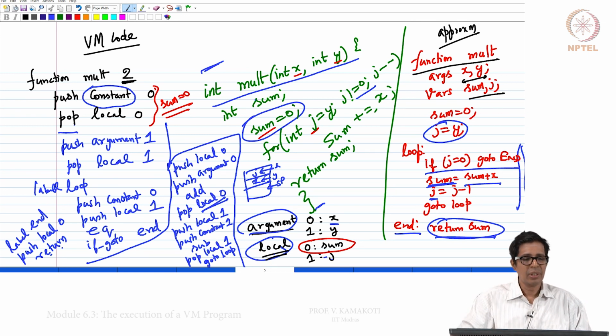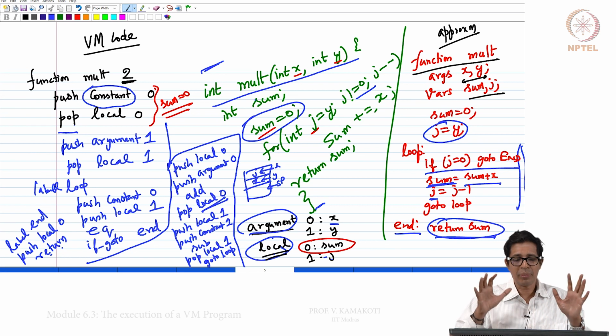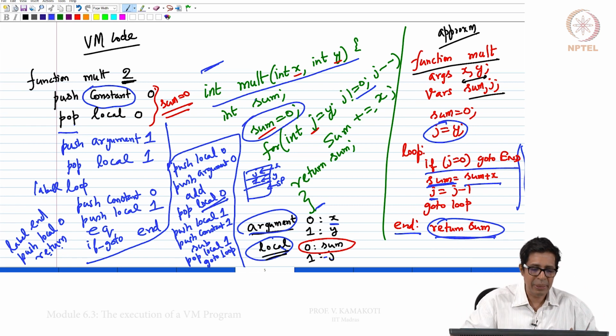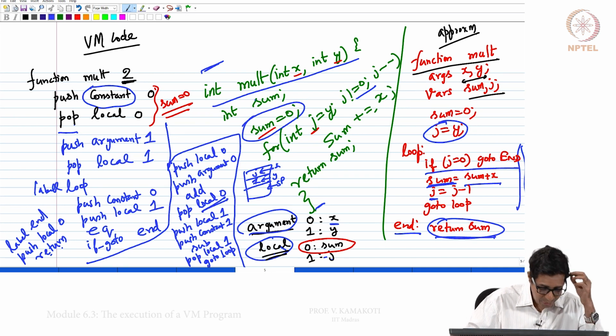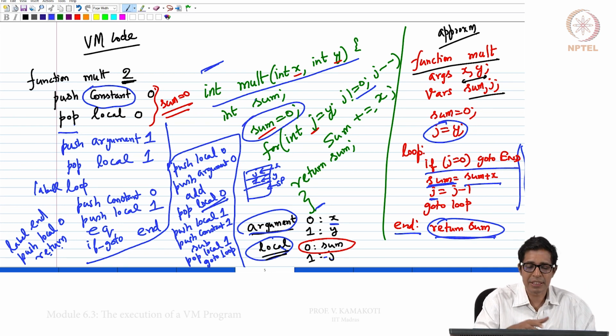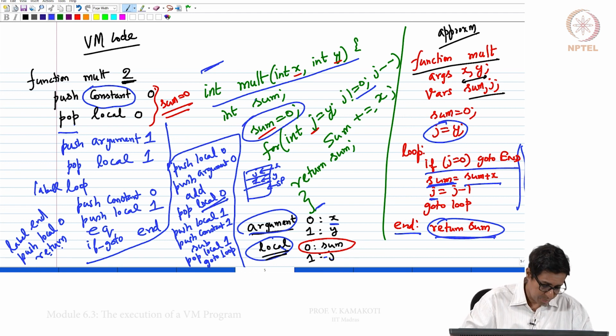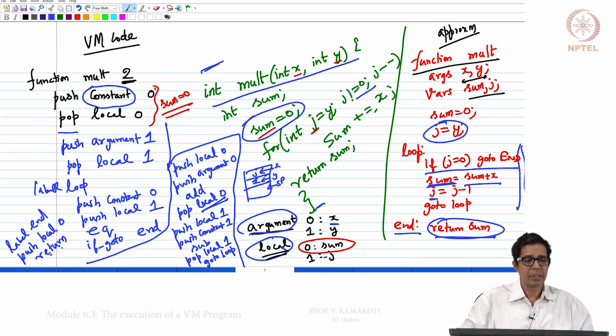So what we now see is that we have seen some arithmetic logic operations here, we have seen certain memory access, both push and pop, on different varieties of segments, and then we have also seen certain program flow instructions like label and goto loop, etc., and then we are also having some function calling commands like return and function name, right. So these are some of the very interesting things that we are seeing here.